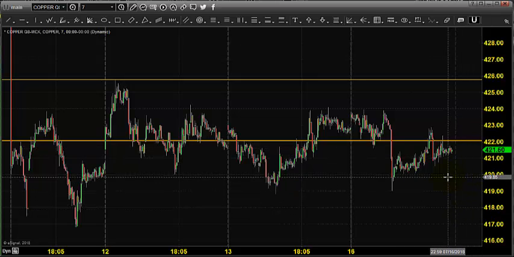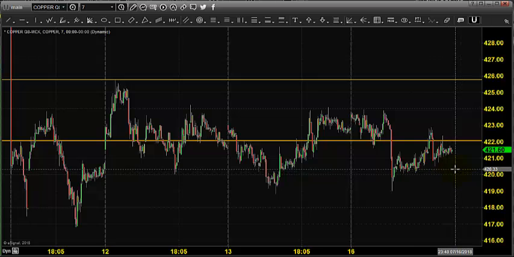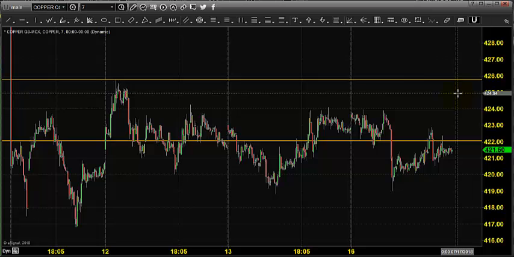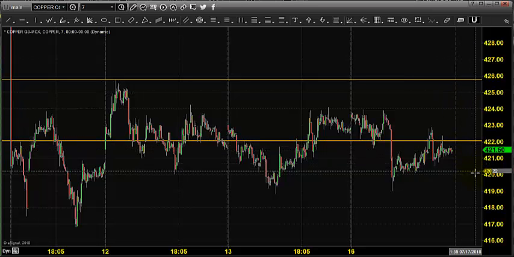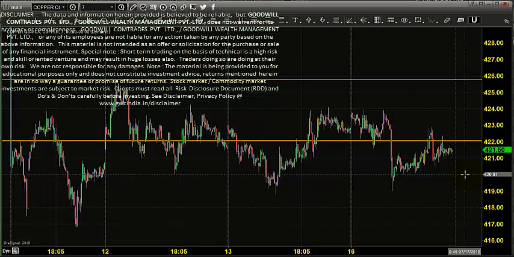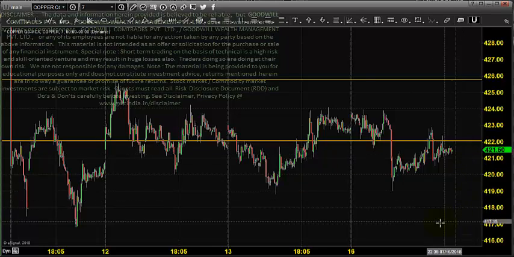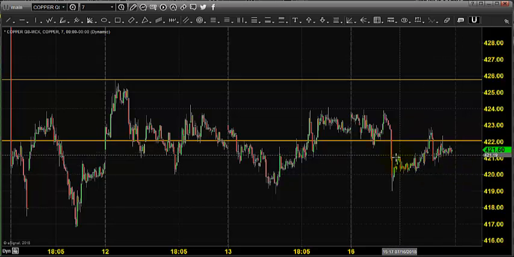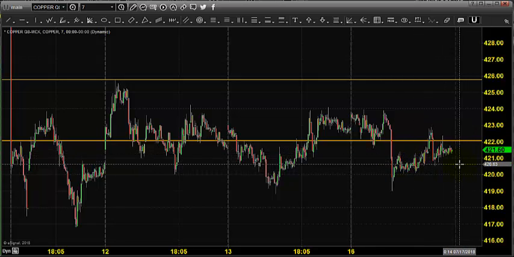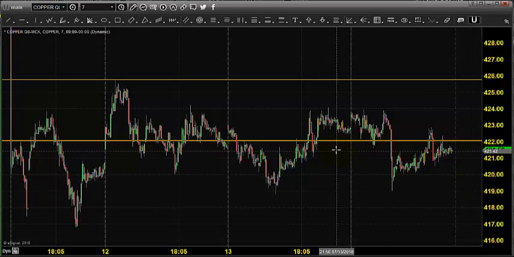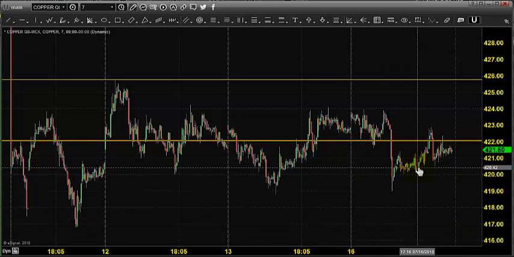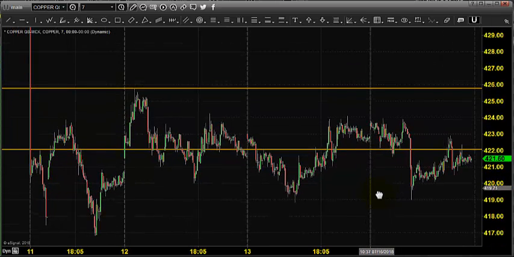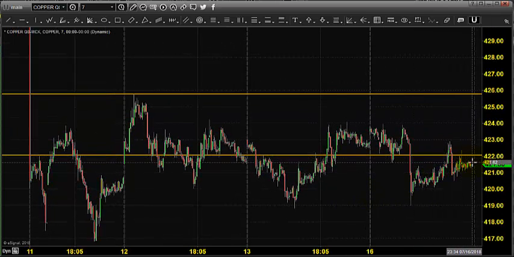If you want to trade the option contract way, you can buy the 425 call option, and if the price comes down below 420, you can buy another put option, and you can hold both the positions. Once you get a comfortable price swing, you can close one position and run the other position. Even if you hold both positions, if you get a big swing, one will be in profit, the other in loss. Eventually you will end up in profit. So these are the various things you can operate at this point, at the price point of 422.